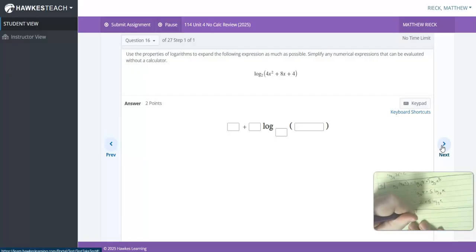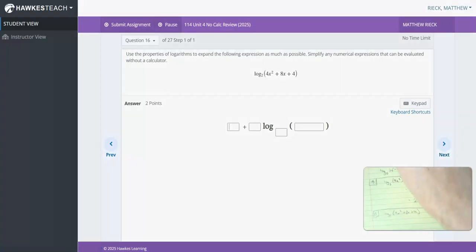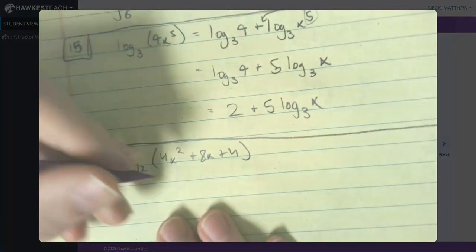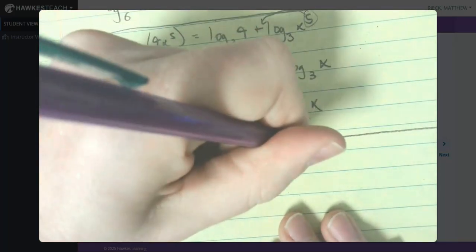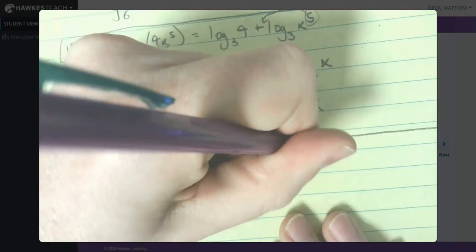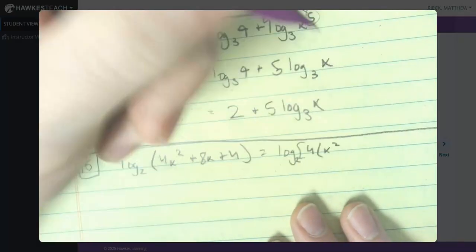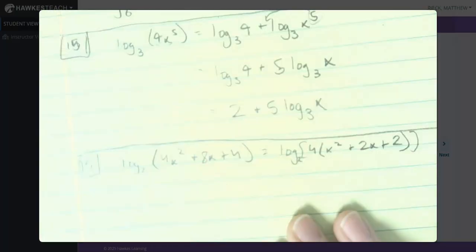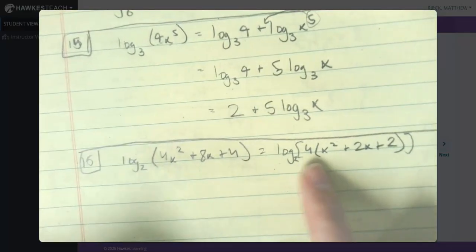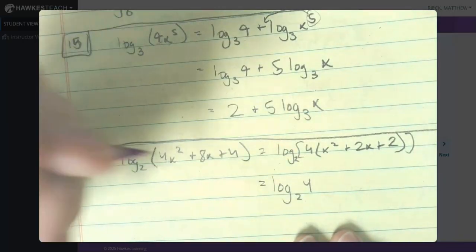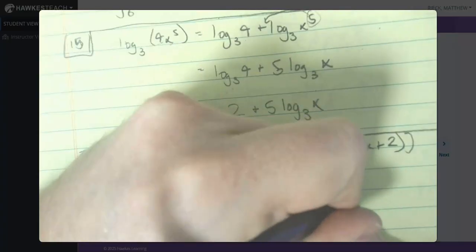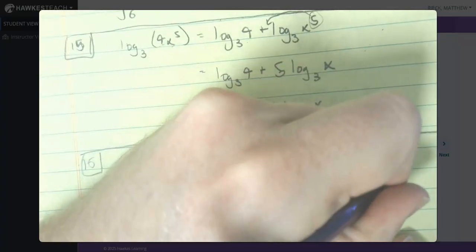Squared plus 8x plus 4. All right, so this, we can factor out a 4 from this first part here. So we have log base 2 of 4 times x squared plus 2x plus 1. And again, we can separate this product into the sum of the two logs. So we have log base 2 of 4 plus log base 2 of x squared plus 2x plus 1,